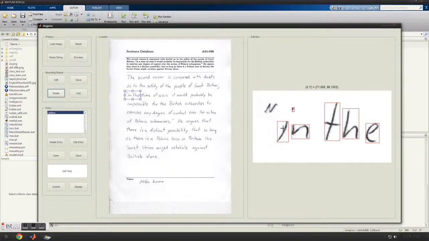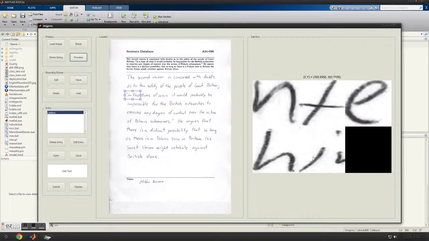The second one, which I think is more of a problem, is a case like this. So we've got an overlap. Not too big of a deal for dealing with small data sets, so we can just say delete that one, edit this one, and resize. Okay, so the issue is, we've got the eye now, but now once we process this data,